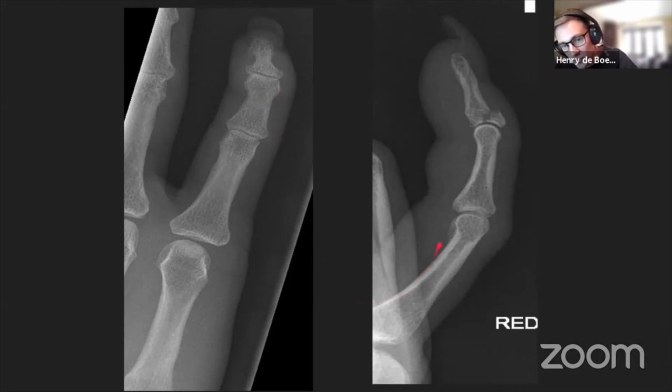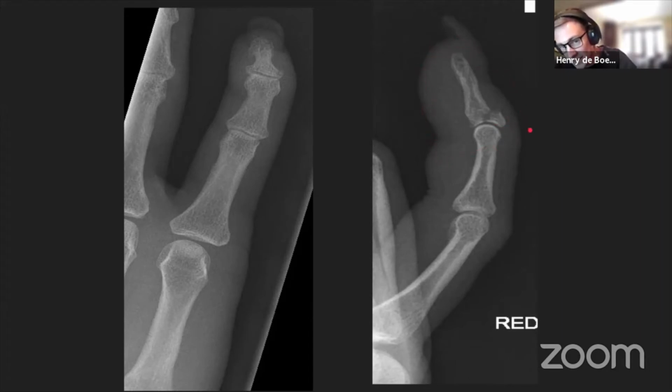So when we have a look on the lateral, again, there is a step in the cortex, lucent line in keeping with the fracture, on the dorsal aspect of the base of the distal phalanx, soft tissue swelling,